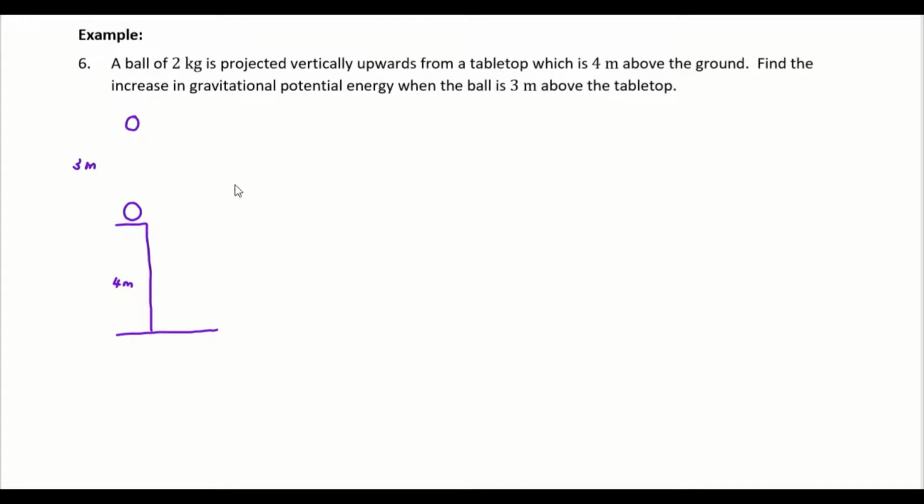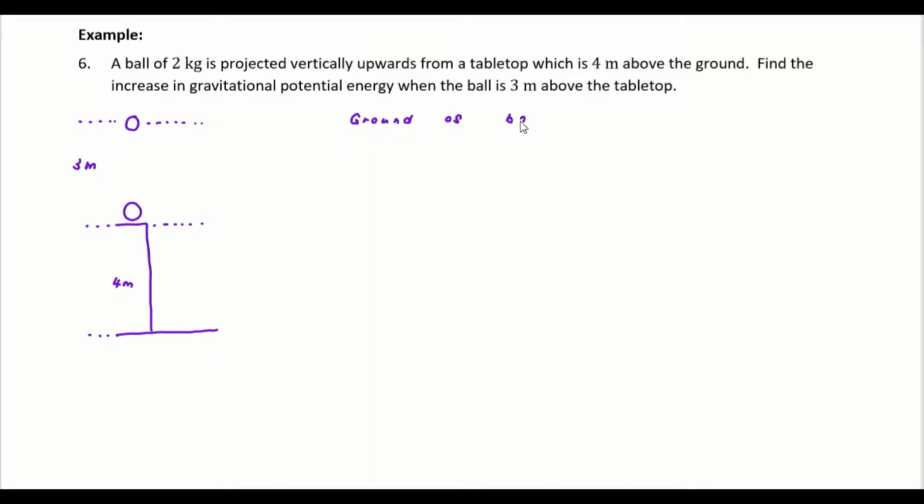You can see that there are actually three levels involved in this question. The first one is the maximum height here, the second one is the surface of the tabletop, and the last one is the ground. So let's see if there is any difference when you take a different level as your base level. Let's look at the first one. Normally the easiest one we can use is the ground. So by using the ground as the base level,